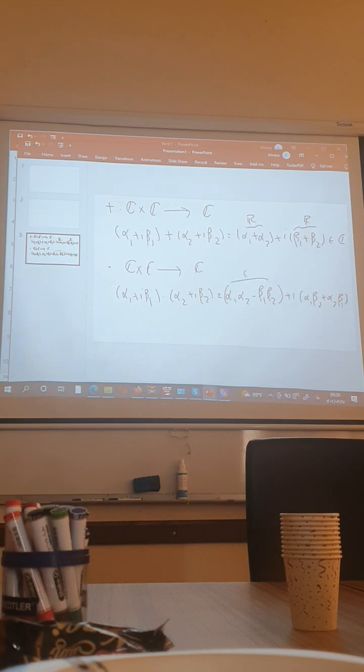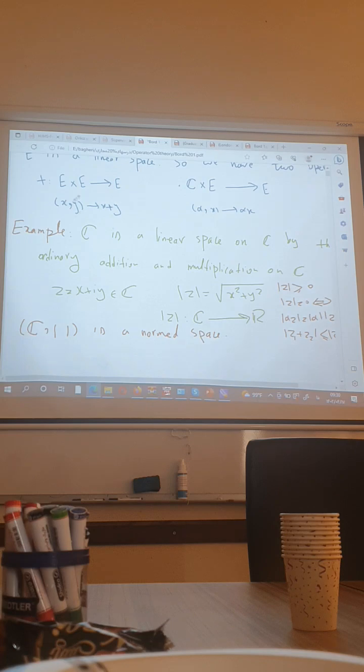This is a real number again, and this is a real number, so that this is the complex number. Okay. So we have these two operations from these complex numbers,